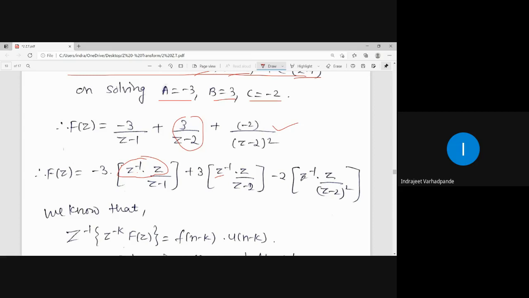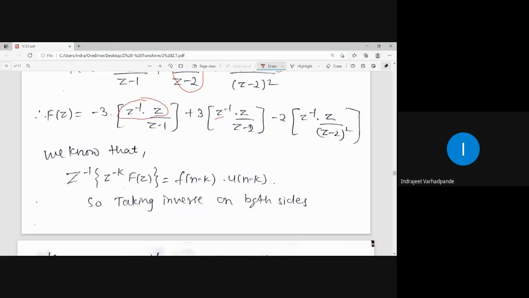I am just simplifying or modifying it as per the requirement. So, which property is to be applicable? मैं बोलता हूँ shifting to the right property. f of n minus k का z ट्रांसफॉर्म आता है z to the power -k into f of z. तो अगर मेरे पास टर्म इस तरीके से है तो उसका z ट्रांसफॉर्म कैसे लिखा जाएगा? f of n minus k and to be more specific multiplied by u of n minus k, which is displaced